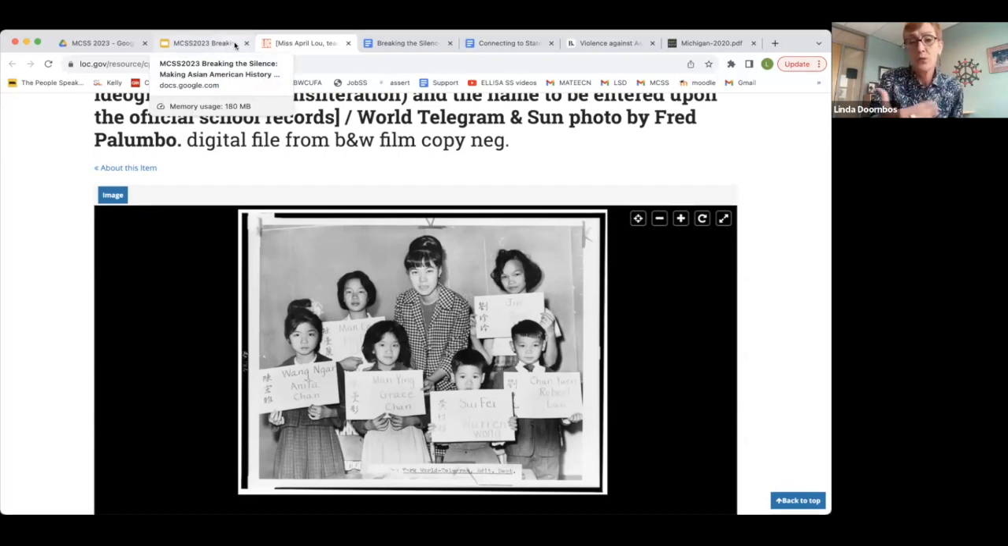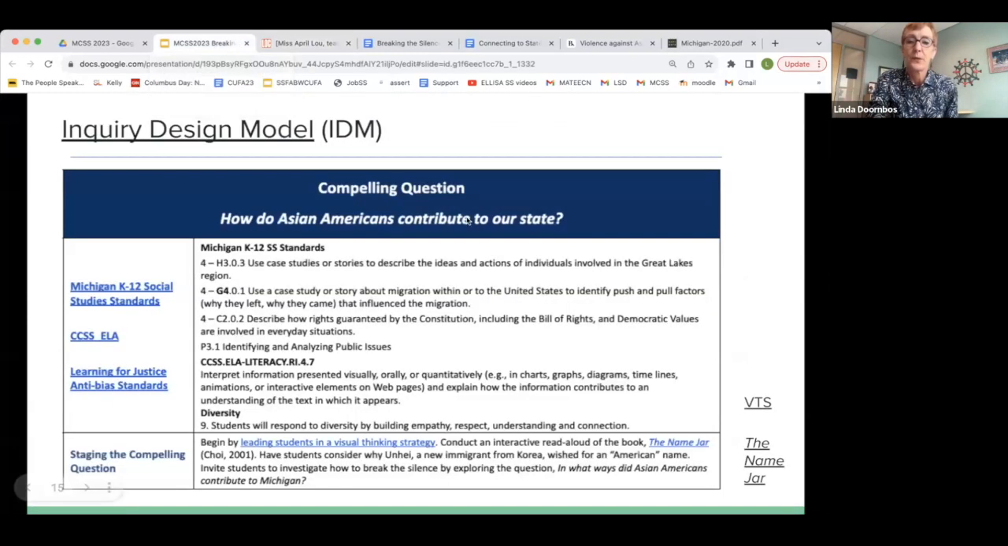Who was the person who made them do that? So we just get kids thinking and not particularly giving the answers, just find out their prior knowledge and invite them into the inquiry. And then from there, you're going to notice that for each of these supporting questions,